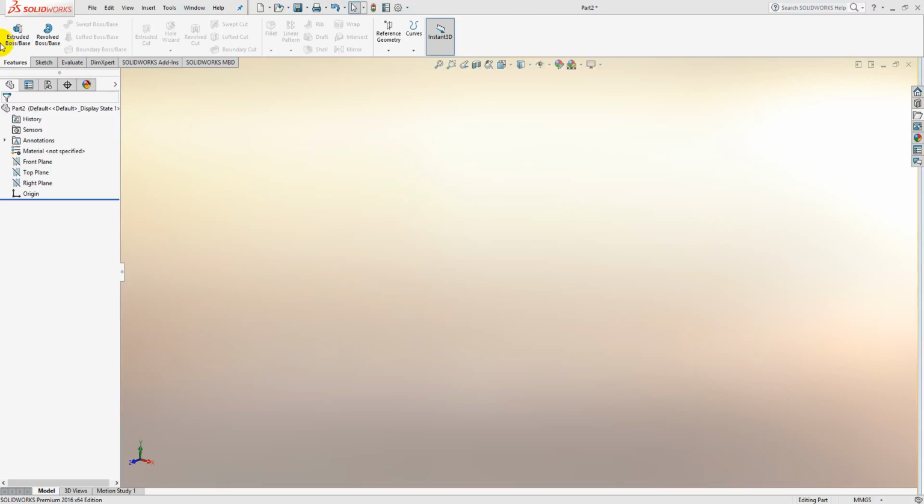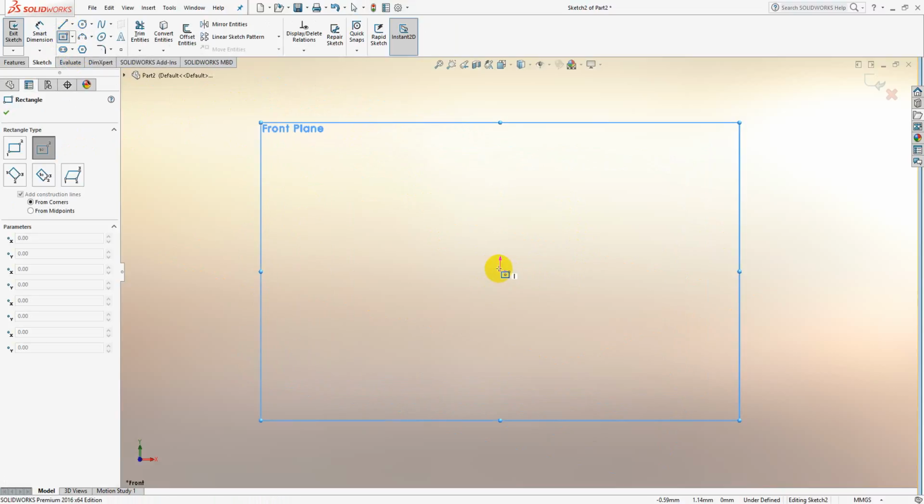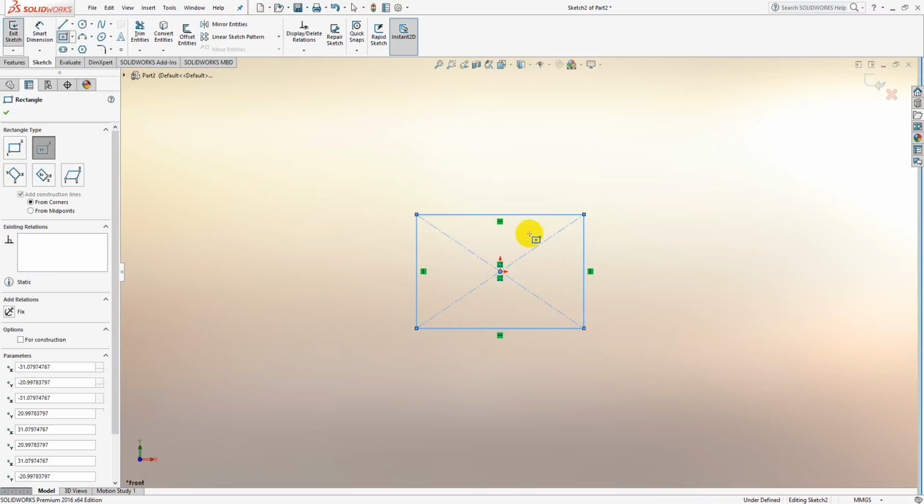We're going to have a look at the extruded boss base feature, and the first thing that we need to create this feature is a sketch. So we're going to quickly put a sketch in on one of the planes. I think we'll create a rectangle centered around the origin. So here's our rectangle,